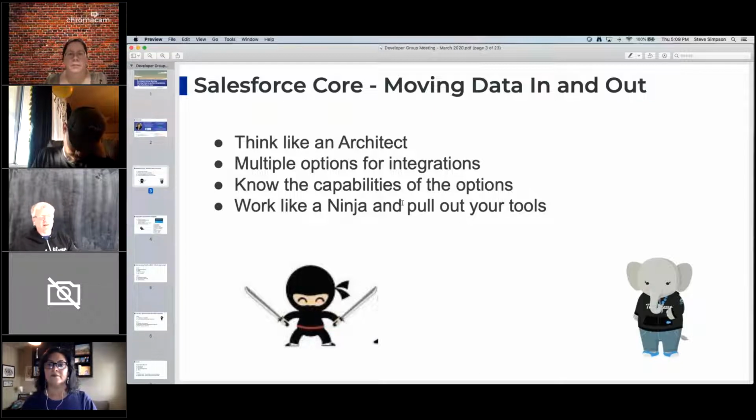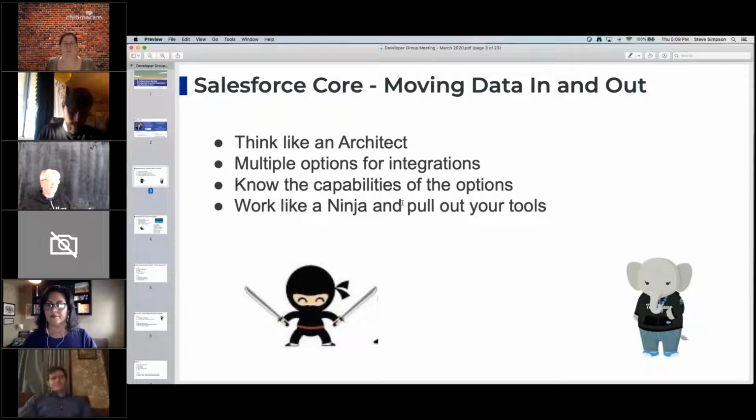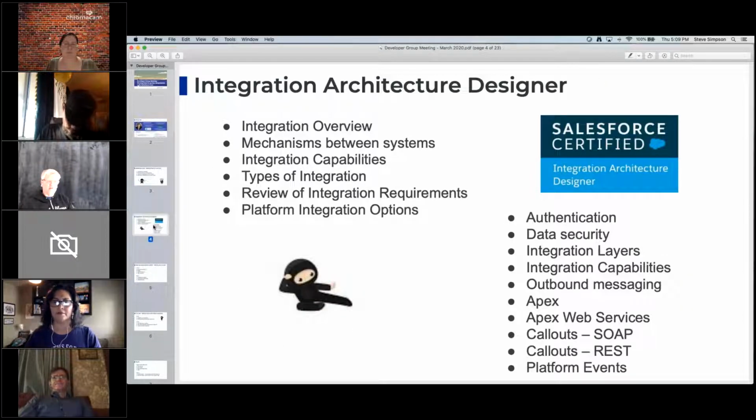And when I teach my architect classes, I talk about architects being like a ninja, having their tools and knowing which tools work in what scenarios. And when you have a tool, you need to know its strengths, its weaknesses, what it works on, what it doesn't work on. There is a domain out there for the Integration Architecture Designer domain, and this is a certification that will allow you to really focus in on integrations. And I'm kind of using that as like a top-level element to talk about how data goes in and out